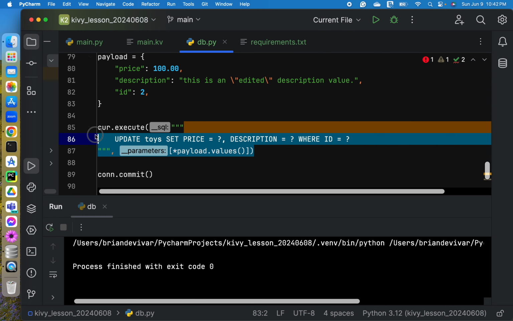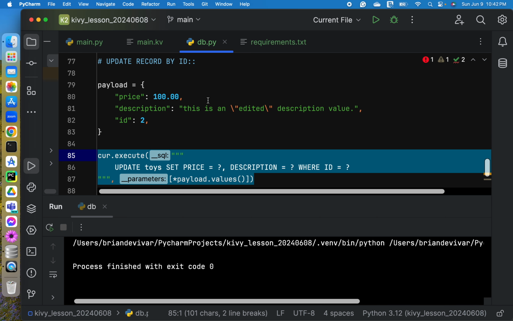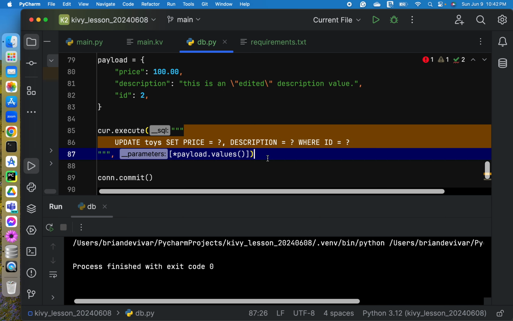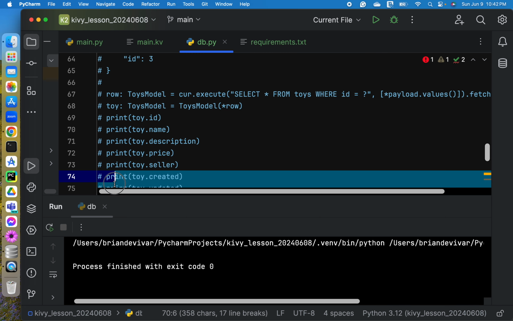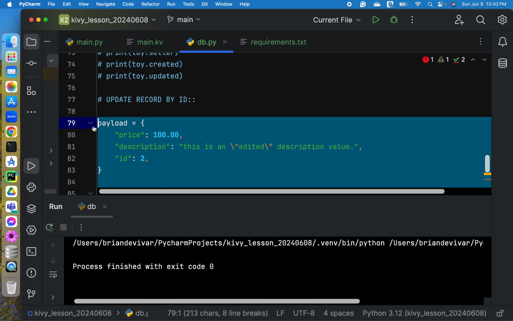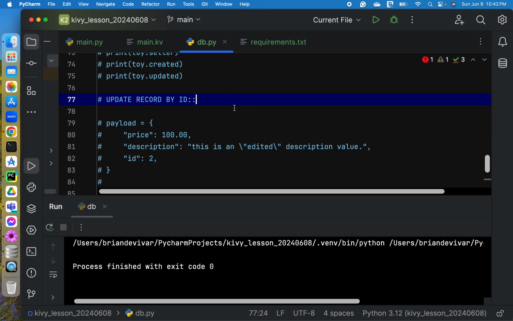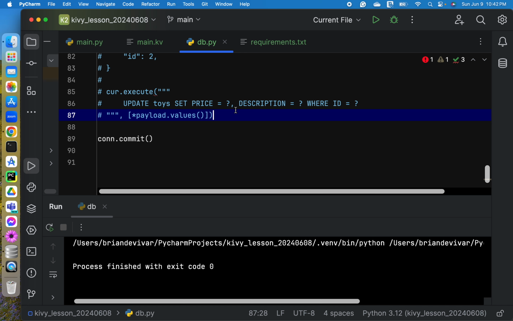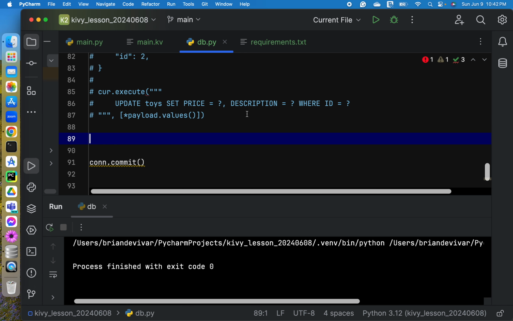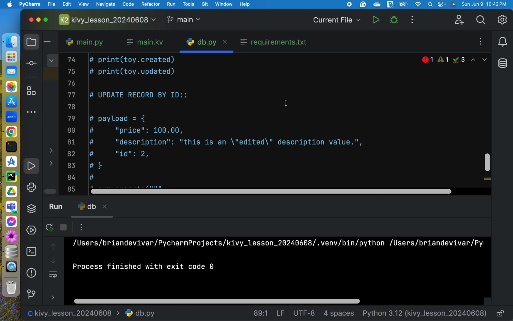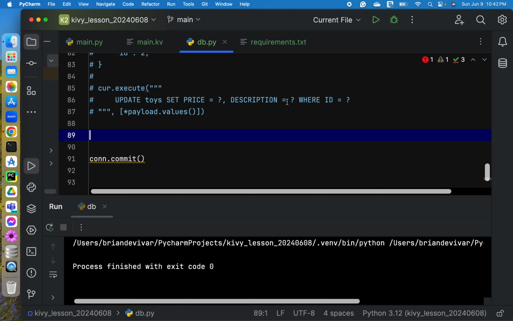Okay, so how do we delete items from our table? Okay, this will be the last topic, deleting.